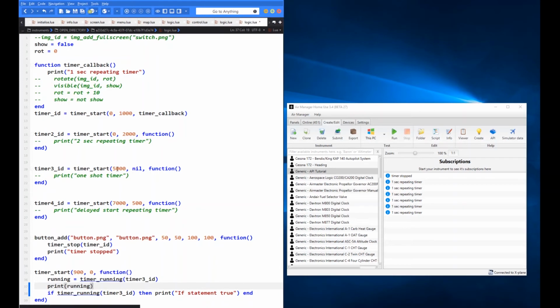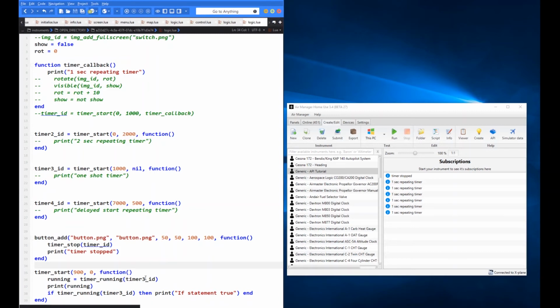So timer 3. Why have I got timer 3 in there? Oh yeah, no, timer 3, that's good. Let's change that back to 1 second though, and then what we can do is we don't need the print statement for this particular purpose. So timer 3 is the one that we're interested in